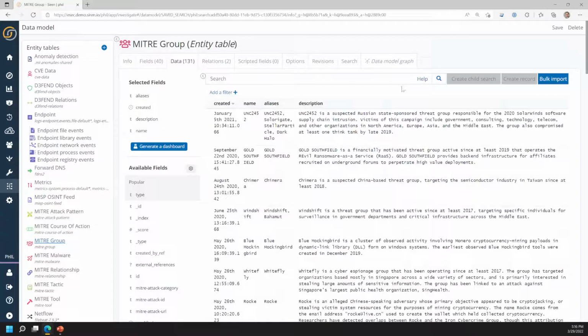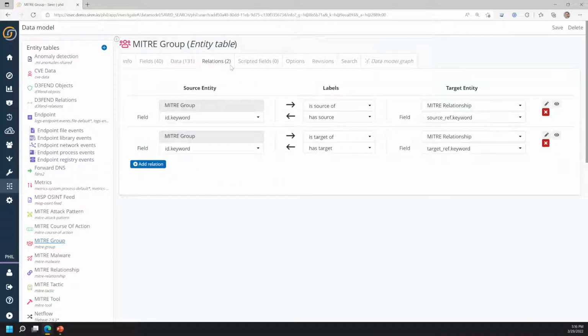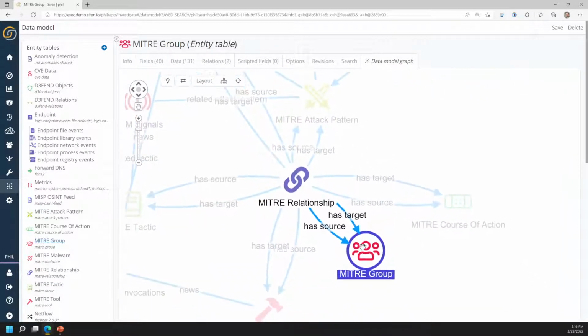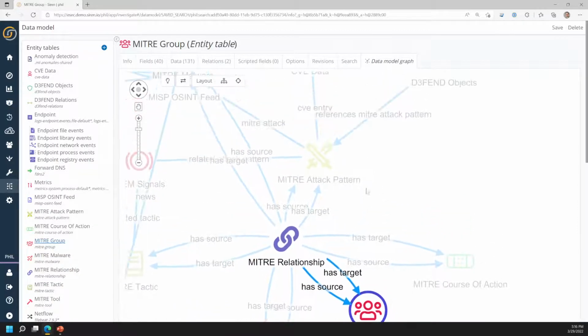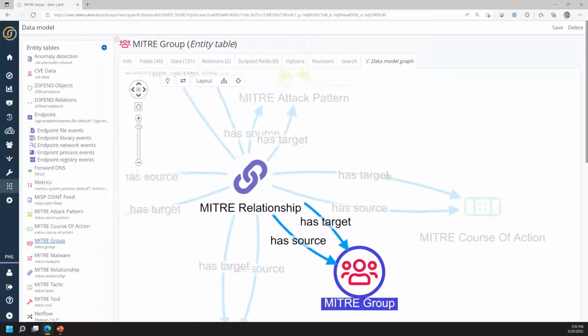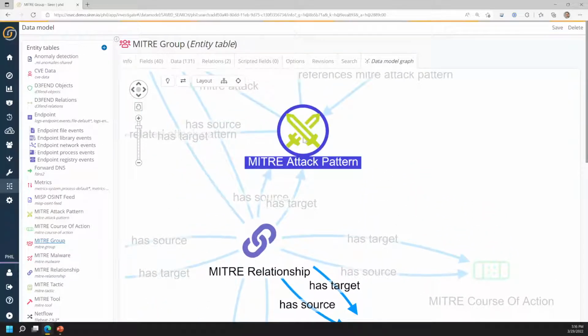So there's ways to do that. And how these relationships are built is with this relations tab. So it basically allows me to build these relationships. And when I build it, I start with what I'm looking for, the group. I've had these MITRE relationships, which are like those sources. And what I'm interested in is how would a group, this MITRE threat group, relate to my SIEM, right? So that would go into this MITRE attack pattern, right? So through those relationships, the MITRE attack pattern here